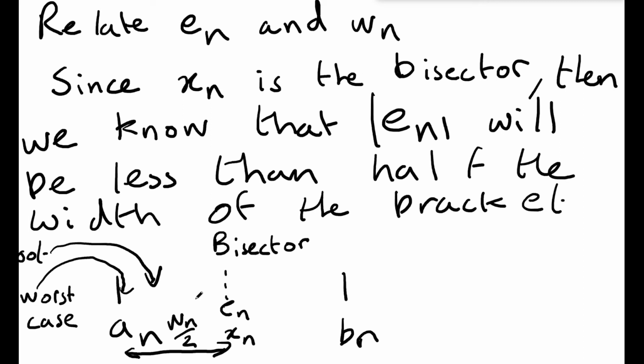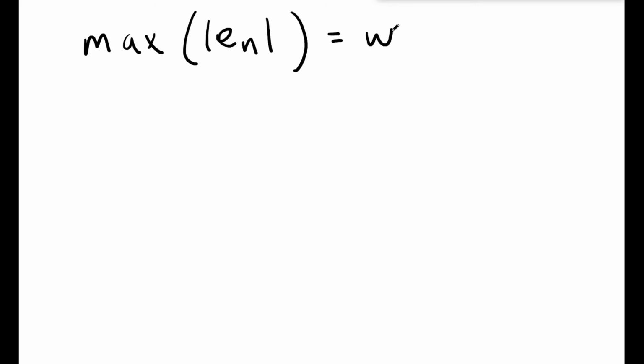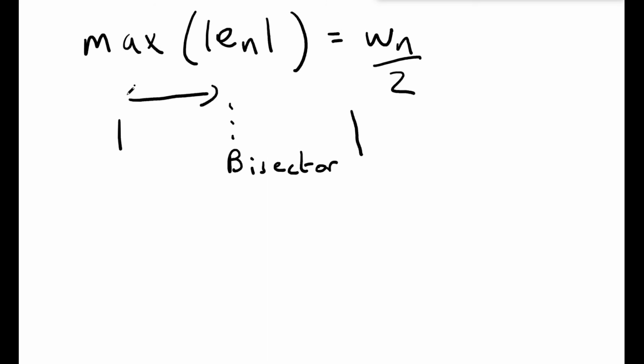So let's write that down mathematically. The maximum value of our absolute value of error is equal to Wn on 2. This is the key idea that relates the error now to the width. So we're not saying the exact value of the error, we're saying the maximum value of error. At any one point, where that's the bisector, that's your maximum value of error. Maximum of En is equal